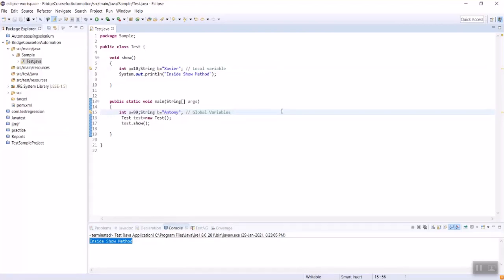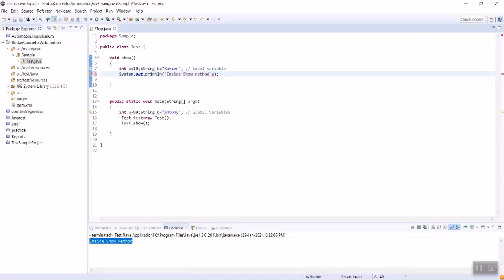The global means this variable is accessible from any part of the class, as we can access it outside the method as well as inside the method, but it should be within the class.